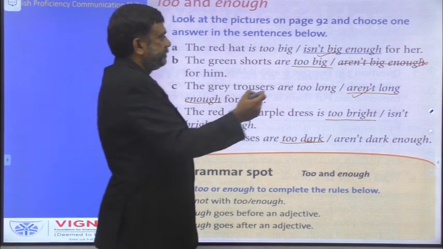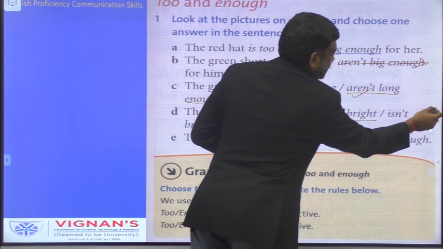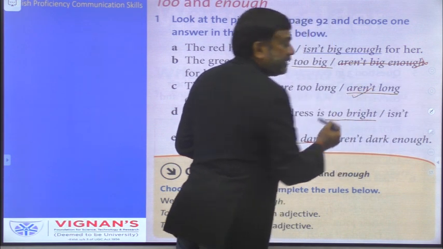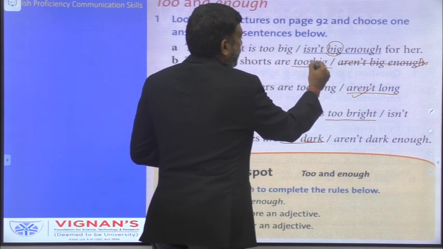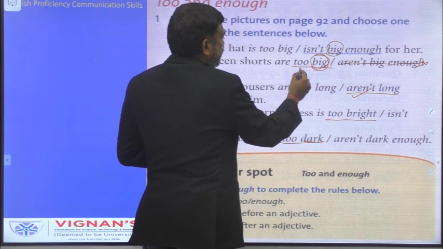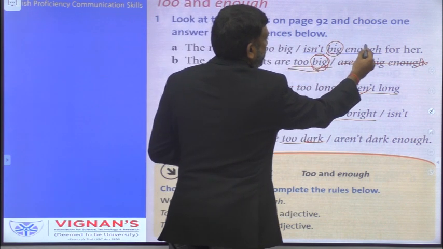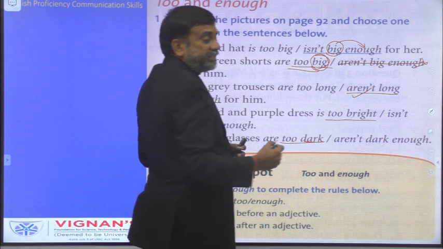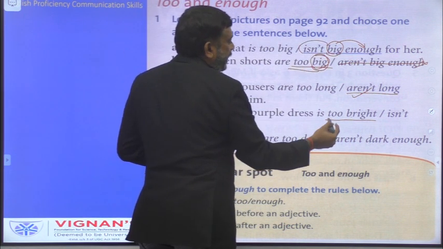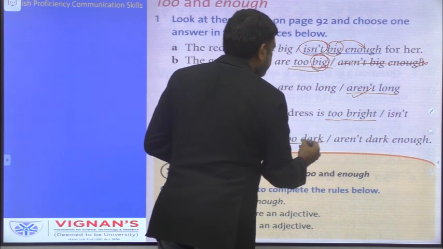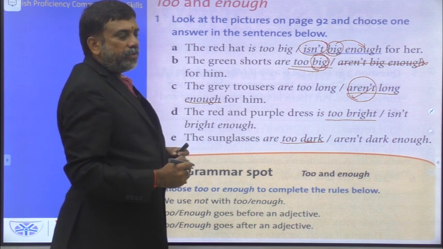Okay, see here. Here we have the same adjective, big, and "too" has come before the adjective, "enough" has come after the adjective. But one more important thing that we have to observe is, when it is a negative one, then automatically "enough" is used. So here,